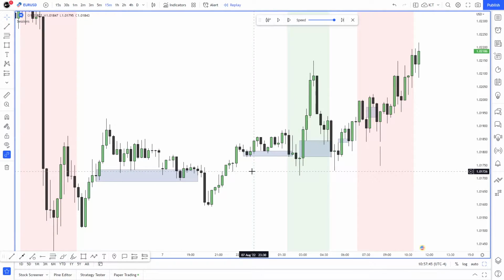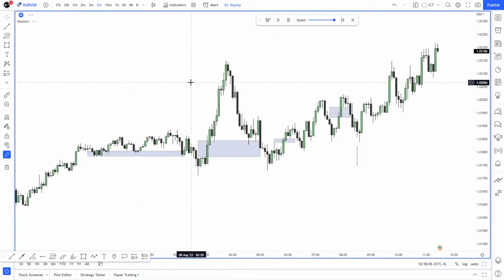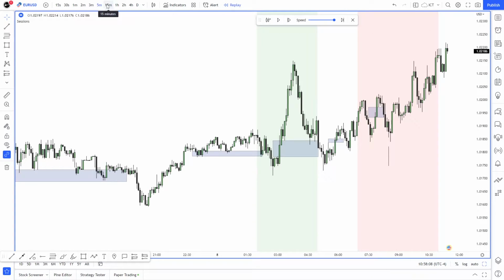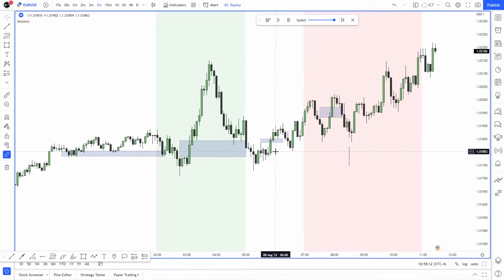So how could we determine that the session was going to be bullish, or why would we think that the session could have been bearish? As an example, this day I actually thought the day was going to be bearish. I don't remember taking a loss, although I might have. I think I did end up taking a loss. Yeah, we'll discuss it now. We're in the 15-minute time frame. That's also why I'm not seeing much. Oh, that was actually 15-minute fair value gaps. Okay, yeah, that made a little bit more sense.